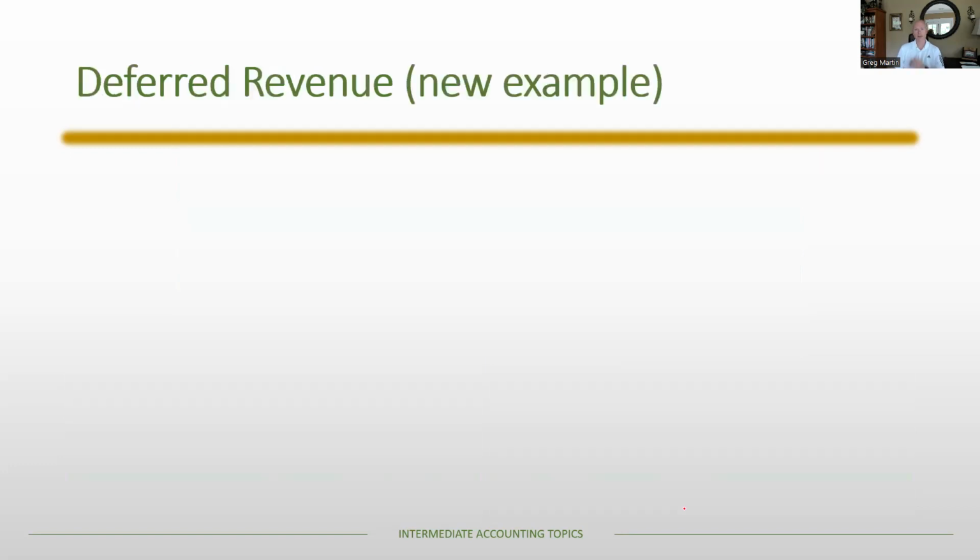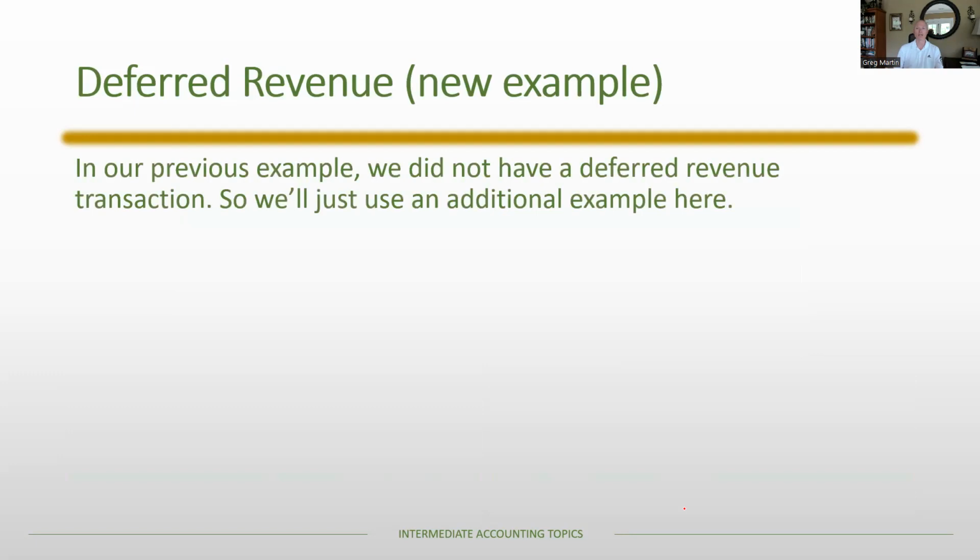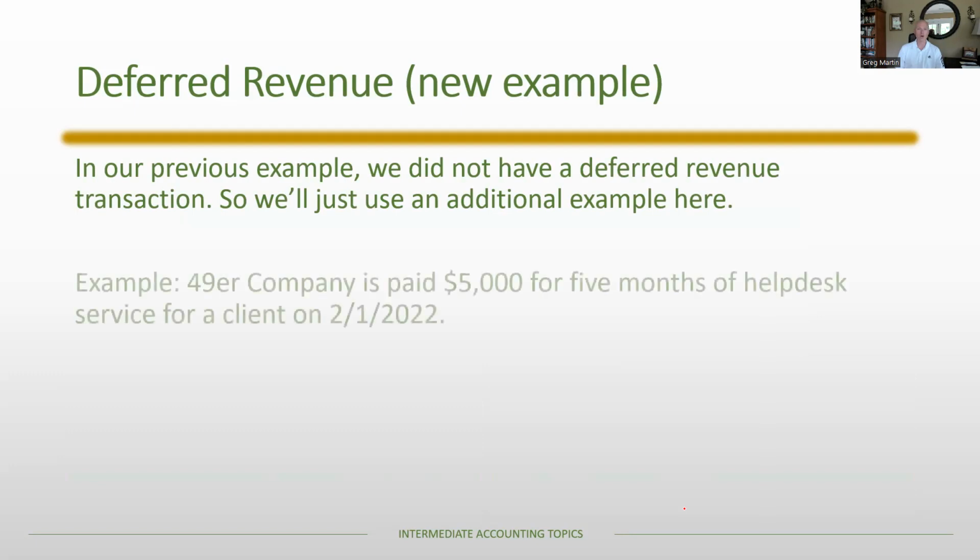All right, on the revenue side, rather than creating an asset and consuming an asset, in this case, we are creating a liability and then we are satisfying that liability. And through that process, we are generating net resources for our company, in this case, cash, of course, above whatever cost it would take us to create it. And so imagine we're in a situation where 49er company has been paid